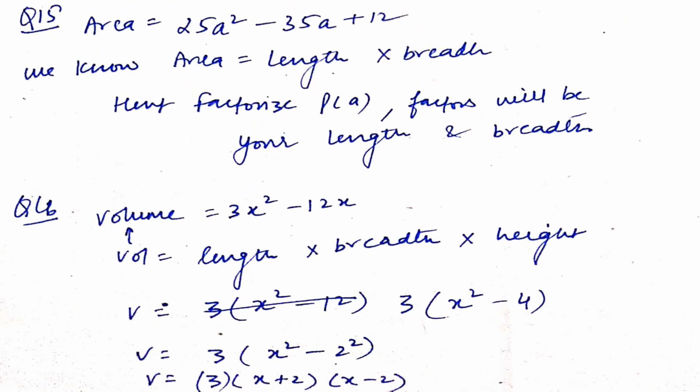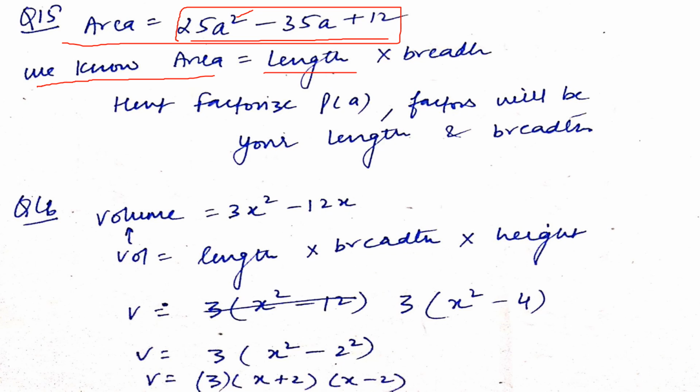Okay. Now question 15, it is a simple application of what we have studied till now. In this question, they are telling you that the area of a rectangle is given by this equation. Kindly see and observe the equation. Don't you see a simple quadratic equation over here? I have told you the degree of an equation tells us how many solutions that equation has. As this equation has a degree of 2, this means this equation will have how many solutions? 2 solutions.